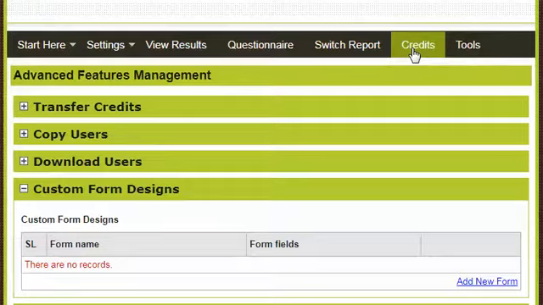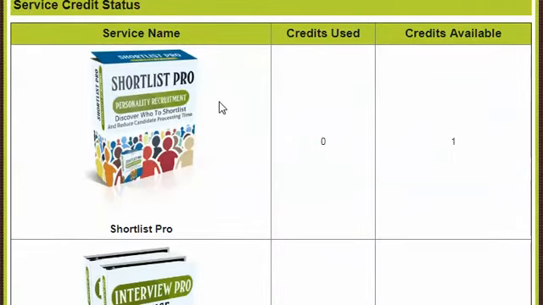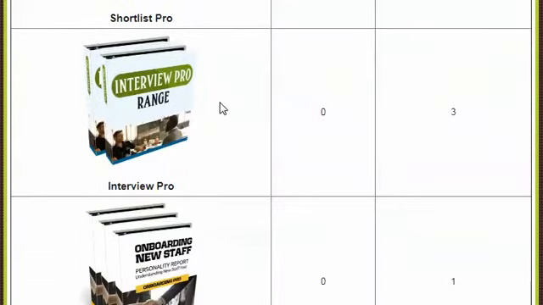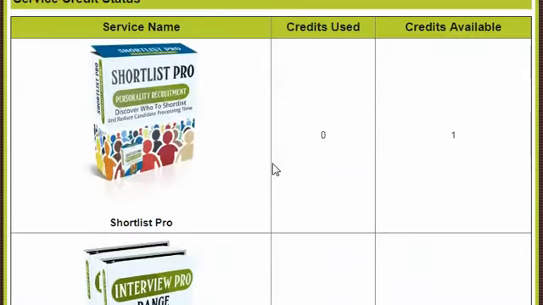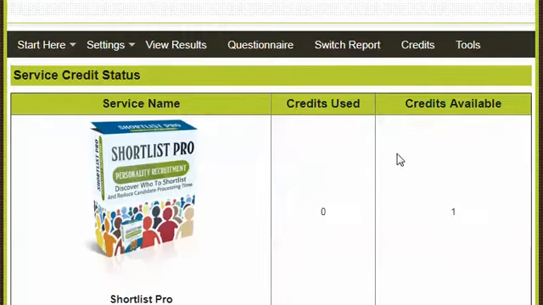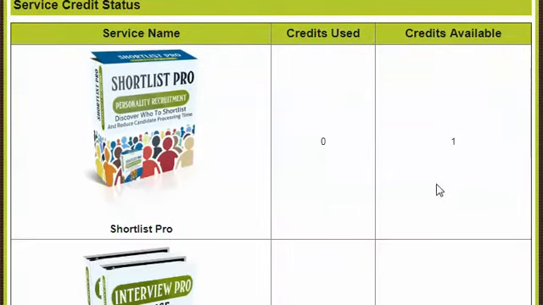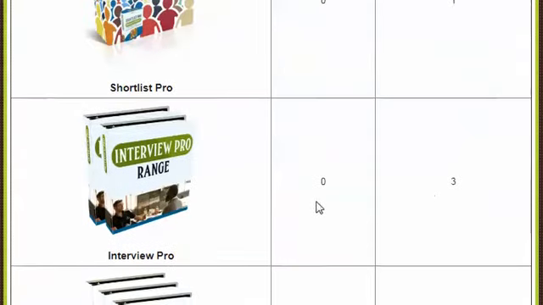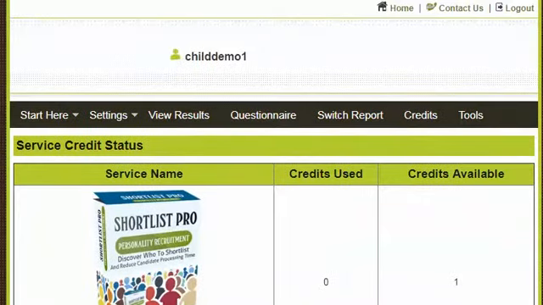The next thing to see would be the credits. So in this account here, there are 3 separate services activated. We have Shortlist Pro, Interview Pro, and Onboarding Pro. This is the recruitment suite, if you like, looking at various aspects of the various stages of the recruitment. And you can see here how many credits you have, how many you have used, and you can see that for each one. When you need more credits, then simply scroll up to the Contact Us and go to your